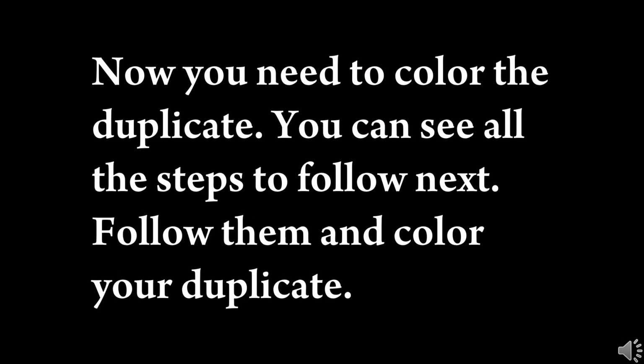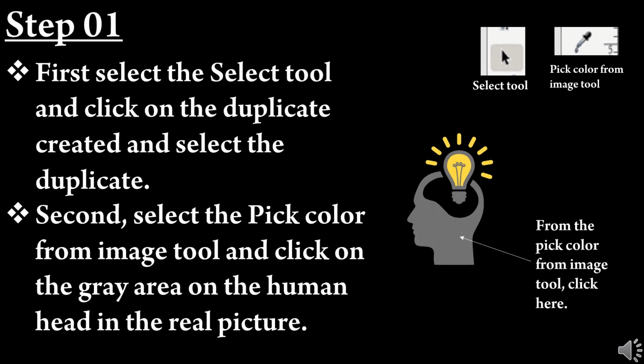Now you need to color the duplicate. You can see all the steps to follow next. Follow them and color your duplicate. Step 01. First, select the Select tool and click on the duplicate created and select the duplicate. Second, select the Pick Color from Image tool and click on the gray area on the human head in the